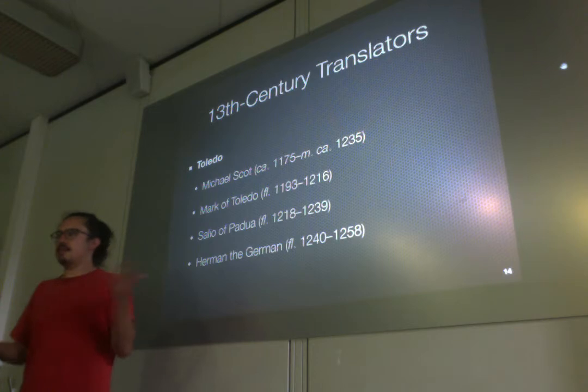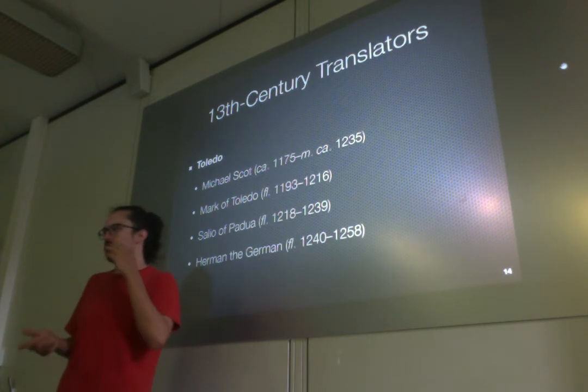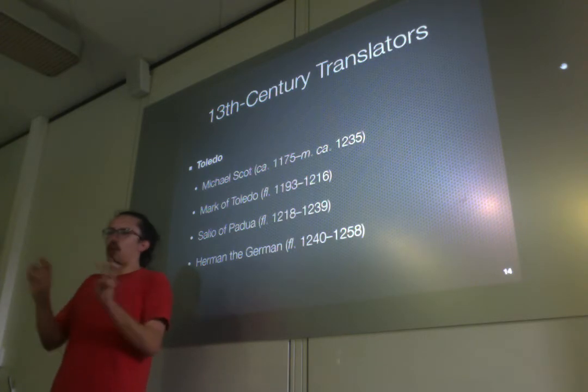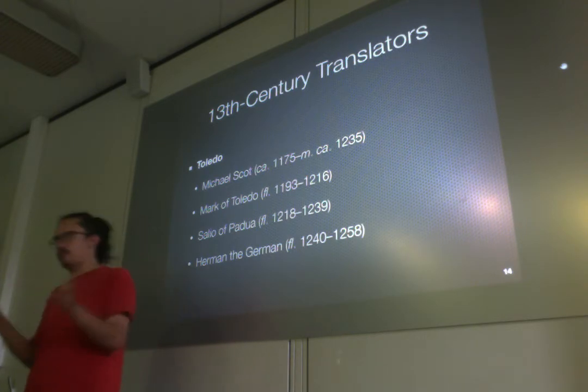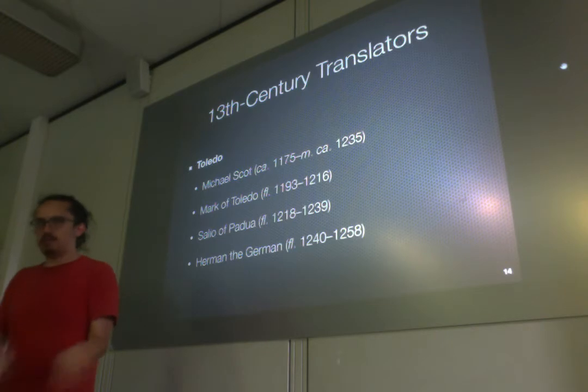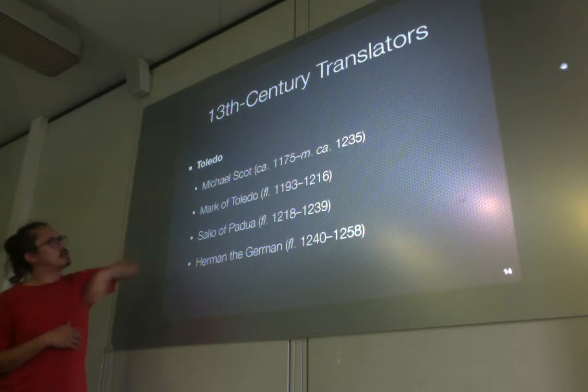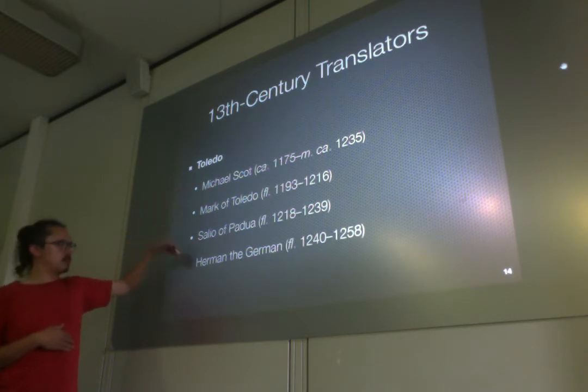But this is a romantic way of thinking. We have translators and we have activity for sure in Toledo, but to call it a school of translators seems very far-fetched. So, in the 13th century we can find Michael Scott, Mark of Toledo, Salio of Padua, and